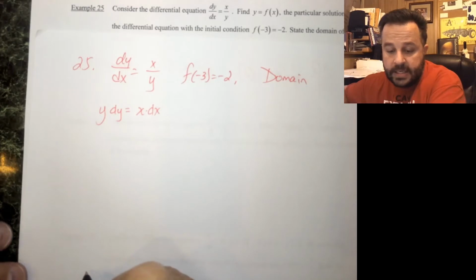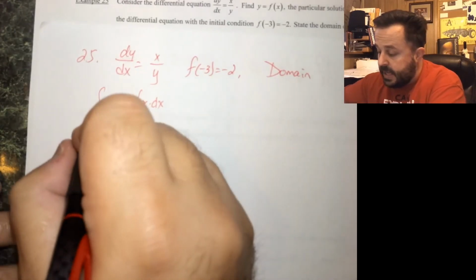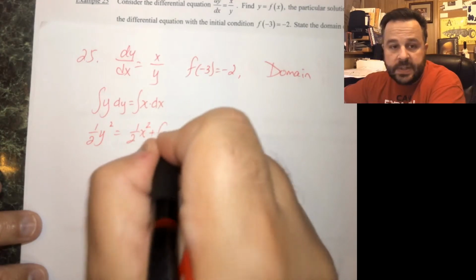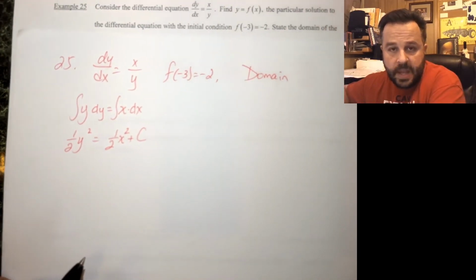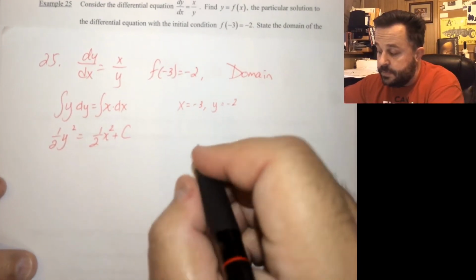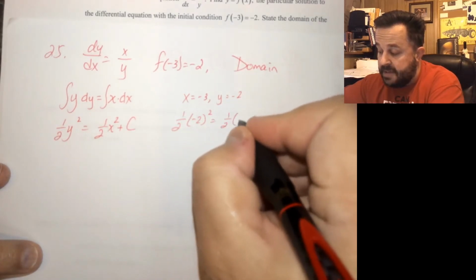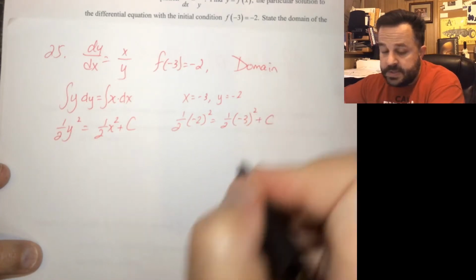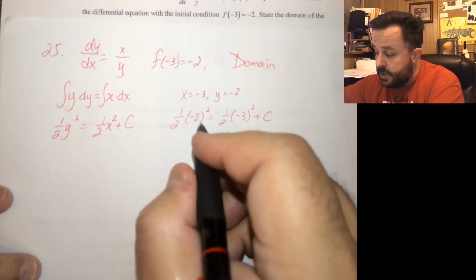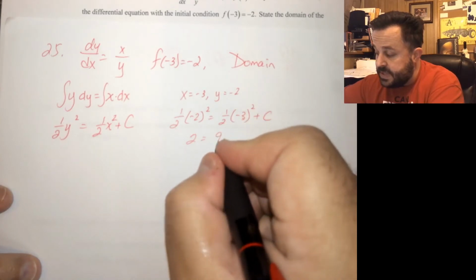We'll go ahead and integrate both sides, or antiderive both sides. So I get 1/2 y squared is equal to 1/2 x squared plus c. Now let's use that initial condition, that when x is negative 3, y is equal to negative 2. So I have 1/2 times negative 2 squared is equal to 1/2 times negative 3 squared plus c. So negative 2 squared is 4, half of 4 is 2, negative 3 squared is 9, times 1/2 is 9/2